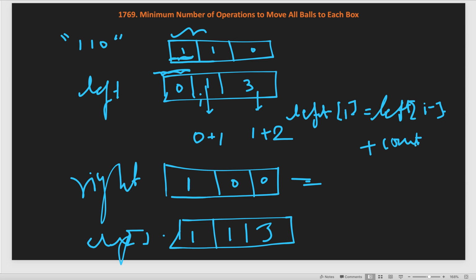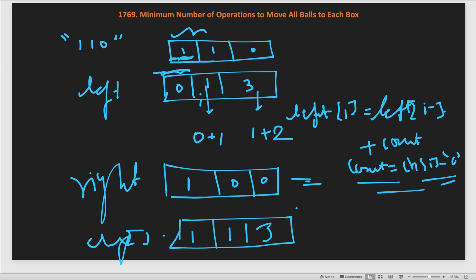So, this is a count, which is a counting of 1s till that point, before the ith index, that we will update. Every time we update this count, the character at that index, let us say ch is the array of our characters, ch of I minus '0' is for normalizing this character and getting the value either 1 or 0 based on it. So, this is what we will update for left.